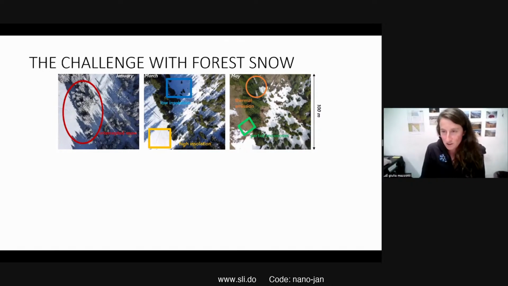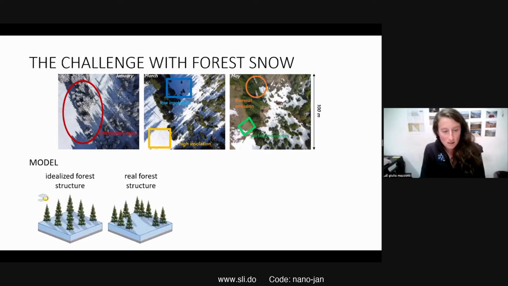because these climate models are really complex and they need to somehow simplify the processes that are going on. And so models assume that the forest is just a homogeneous layer, and this obviously does not correspond to a real forest structure. And now the issue is that it's really hard to quantify how much this simplification will affect the accuracy of the model,